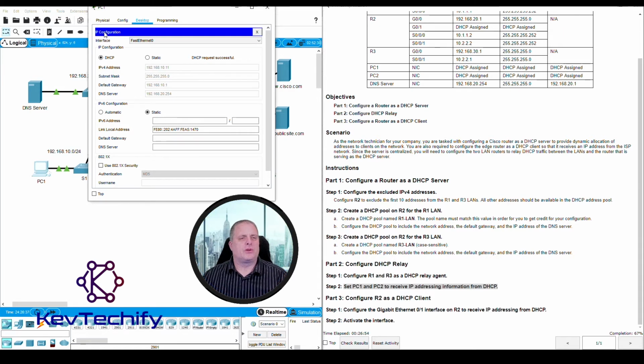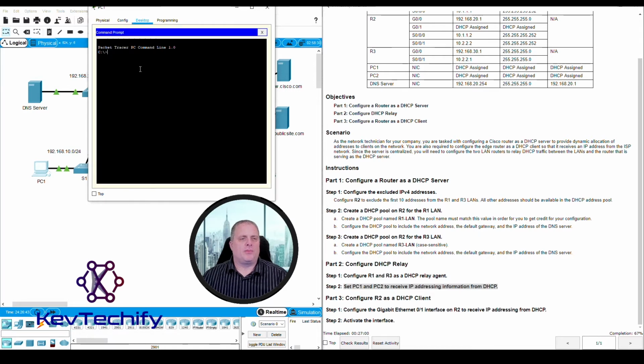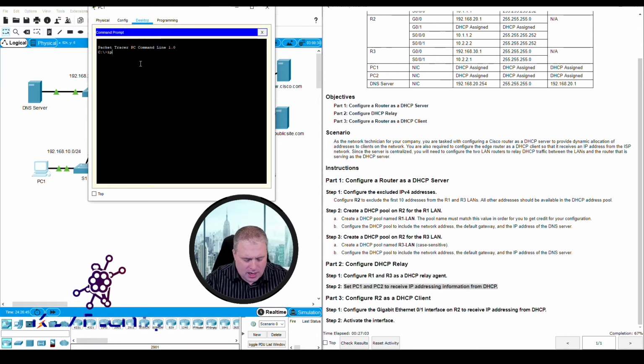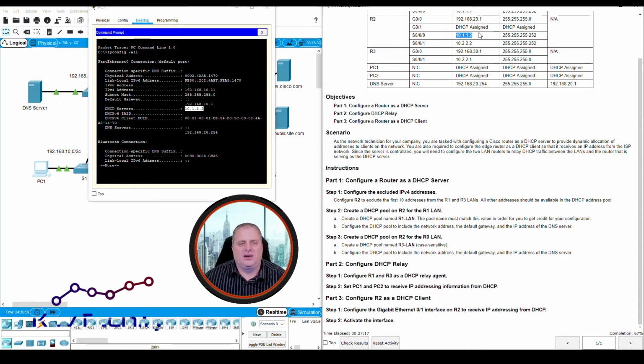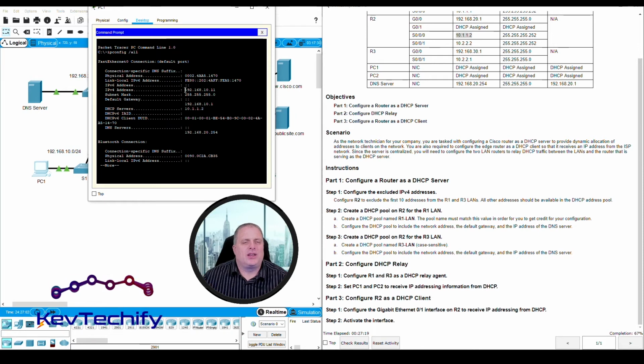What I'm going to do is close the IP configuration. On the right-hand side of the blue line, I'm going to click the X. I'm going to open up the command prompt, and in here, I'm going to type in ipconfig /all. What we can see here is that we've actually connected to a server. We connected to that DHCP server at that address. Once again, that's this address right here. We pulled an IP address,